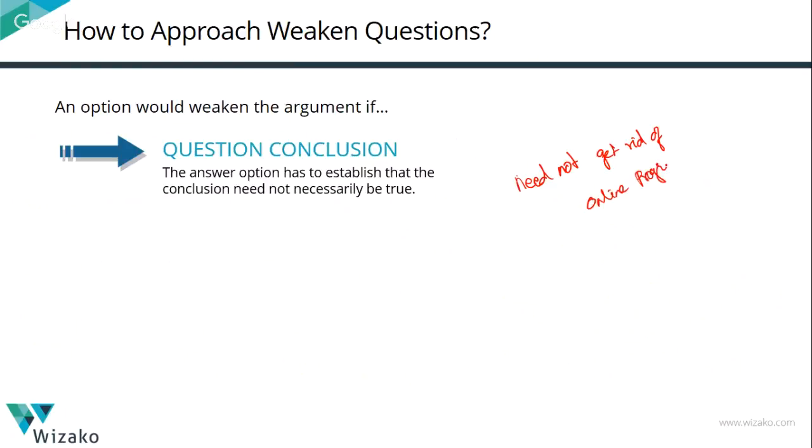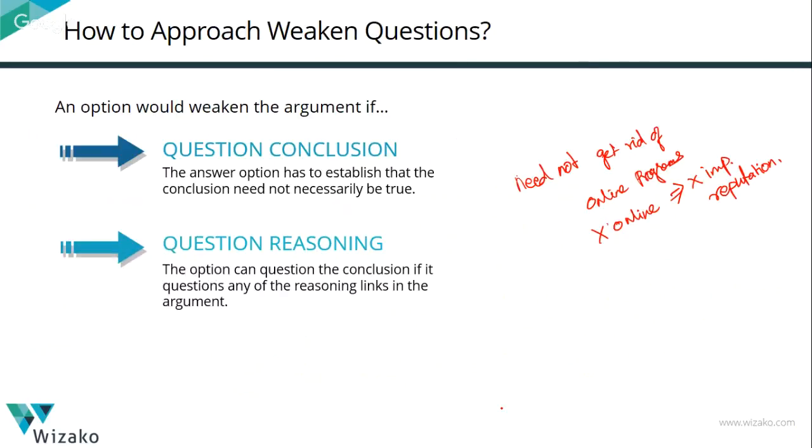Or getting rid of the online programs will not improve my reputation. That's not what is affecting my reputation. It will not necessarily improve my reputation. Just that is not going to be enough, is what I ultimately want my answer option to imply here. In order to achieve that, an answer option will not explicitly say Sunshine University's reputation is not based on whether it has online programs or not. That's making your life too easy. Such an explicit statement that directly questions the conclusion in the argument, the GMAT's not going to give.